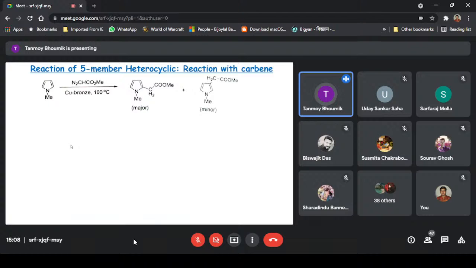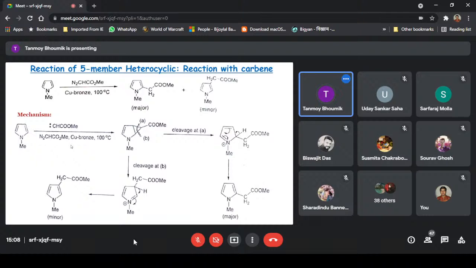But here what happens? Here the carbene ring is generated when the ester methyl group is substituted on the carbene molecule, and then the reaction proceeds through this. So first of all, the CHCOOEt, and this forms a 3-member ring, and after the formation of the 3-member ring, there are